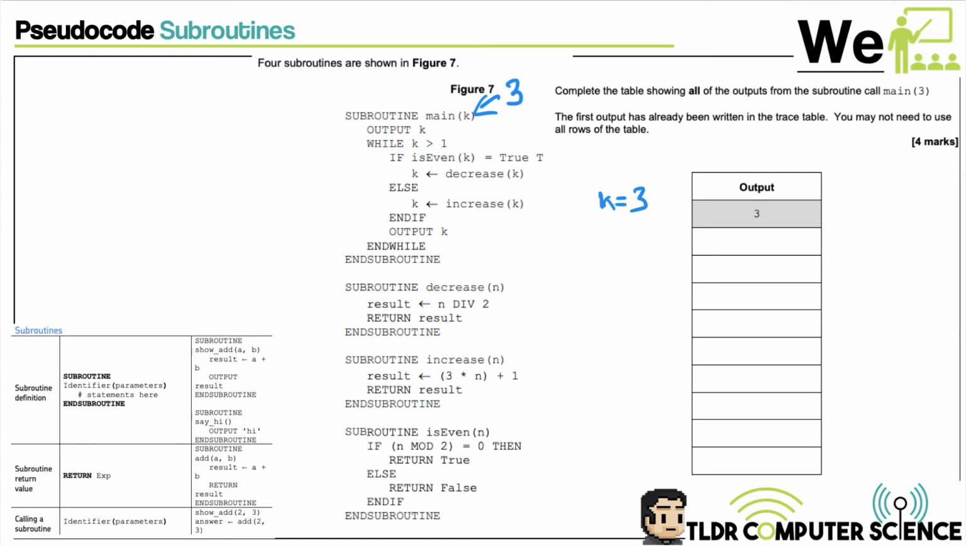If is even k. So the k gets sent to is even, which is down here. And then n, in this case, is going to be equal to 3, right? Because n received what was in k, and k was 3. 3 mod 2 will return 1. So is 1 equal to 0? No. So it's going to return false. So false is going to come up here. Is false equal to true? No. So then